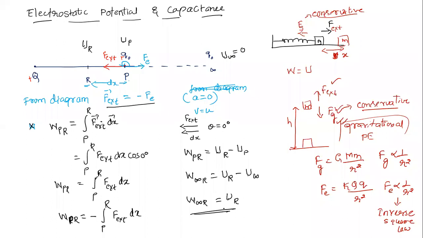So I can say now, what is the electrostatic potential energy? It is the amount of work done to move a charge from infinity to a point which is inside the electric field region without acceleration. Can we say like this, the definition of potential energy? That I'm going to write now on the next slide. Can we move on to the next slide, students?